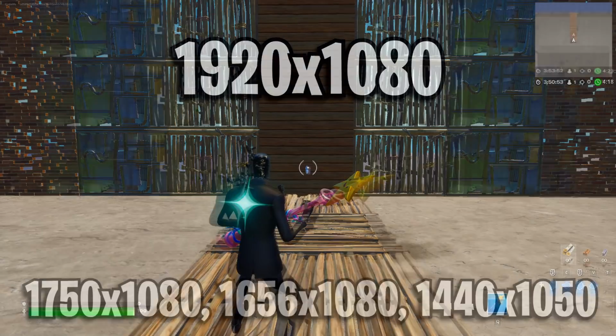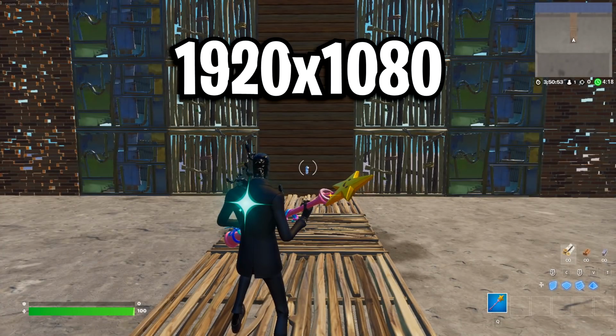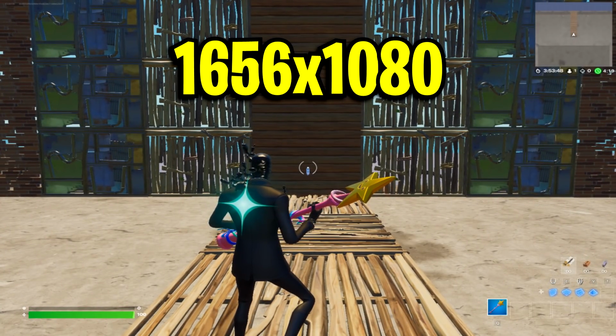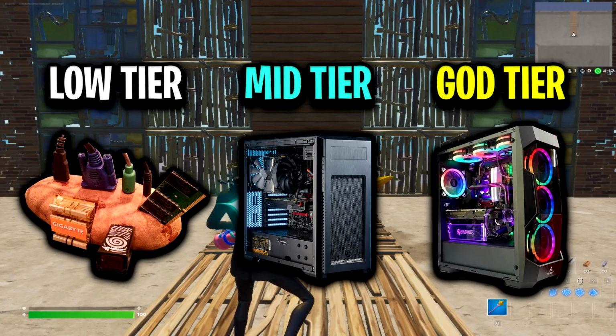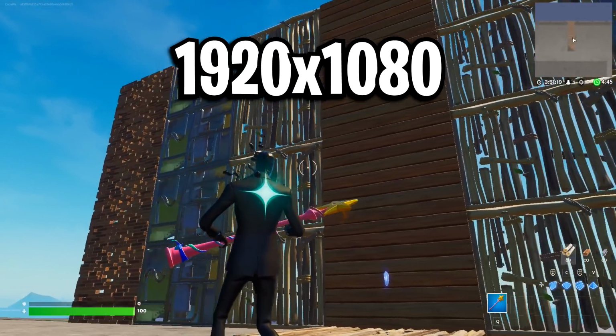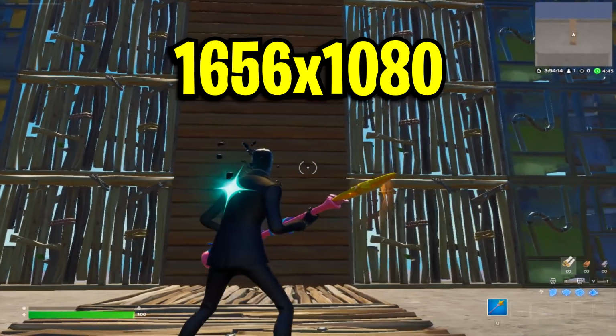The lower you go down, so things like 1750 by 1080, 1656 by 1080, or even 1400 by 1050, the more stretched it'll become, the less FOV you'll get and the less quality you'll get as well, but you will get more FPS. Depending on what tier your PC is, I think the higher end PCs that don't need the FPS boost should definitely use 1920 by 1080, but for the low end PCs that do need the FPS boost, I would recommend